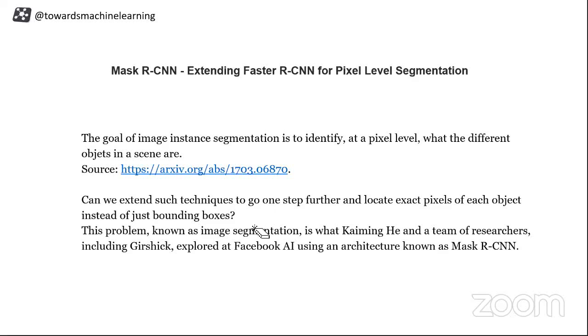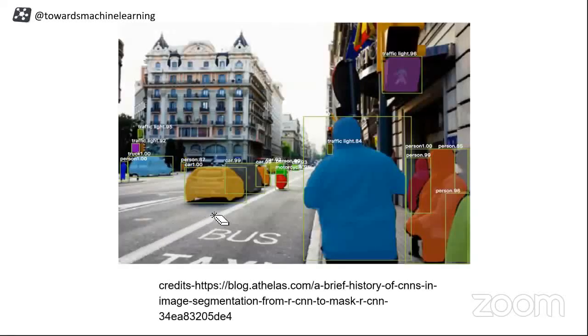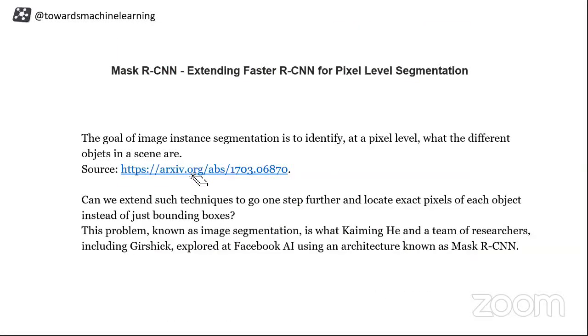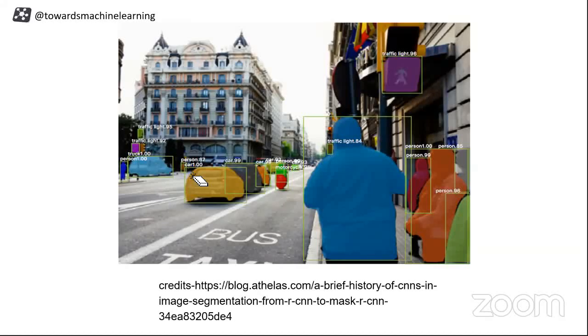To no surprise, it was again Girshick, who was also at Facebook AI, and they had this architecture which was able to classify or detect pixel wise. You can see there is a man, and we can color him pixel wise and detect him. There are cars, separated pixel wise, and you can also have a bounding box around them. Girshick was everywhere: masked RCNN, RCNN, fast RCNN, and faster RCNN as well. Remember that name. He is well known in the object detection algorithm industry.